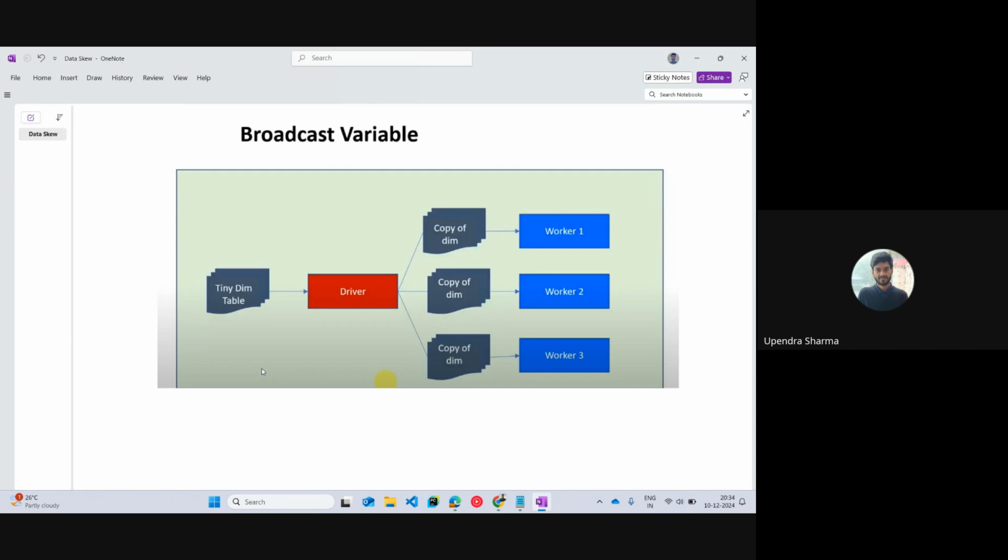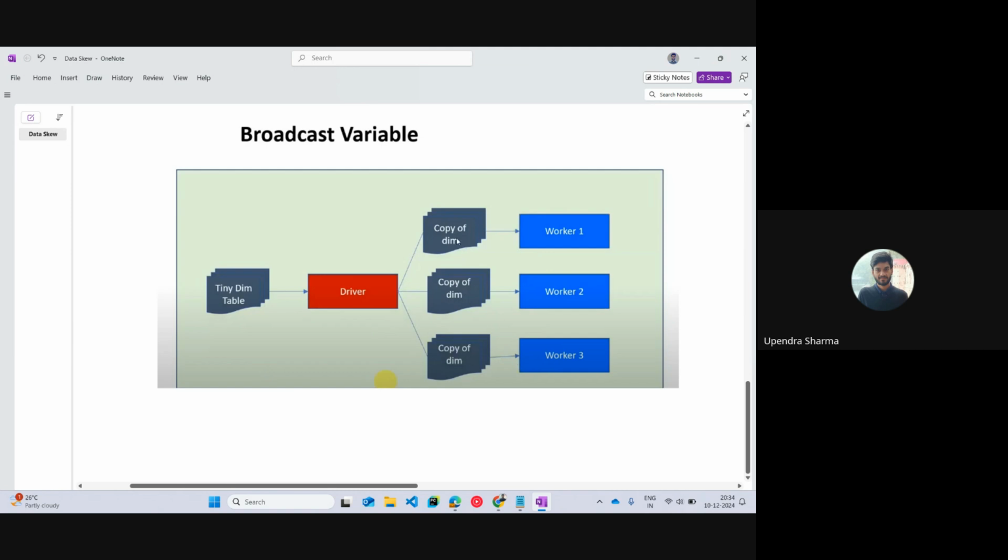Instead, what we do is we basically broadcast this particular smaller table. So this 2 MB table, we can just broadcast it to all the cores. Let's say we have 3 worker nodes. As we can see over here, we have 3 worker nodes. So what we'll do, we'll take this smaller table, we'll give it to driver, and we'll ask driver that, okay, driver, just broadcast it. By broadcast, we mean that just send the copy of this table to each worker node.